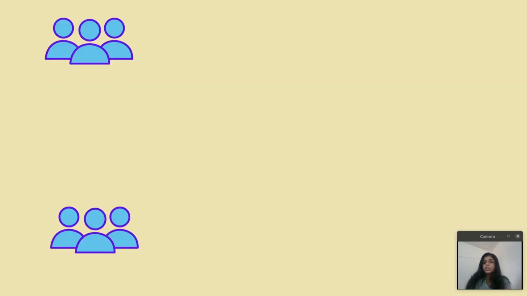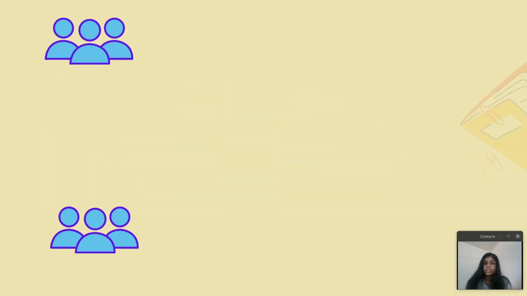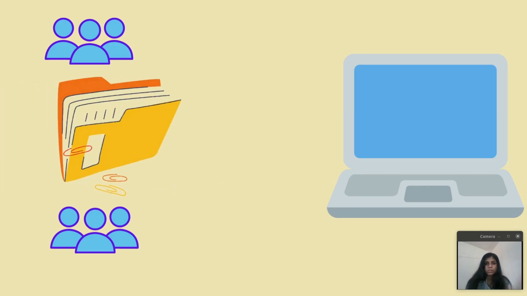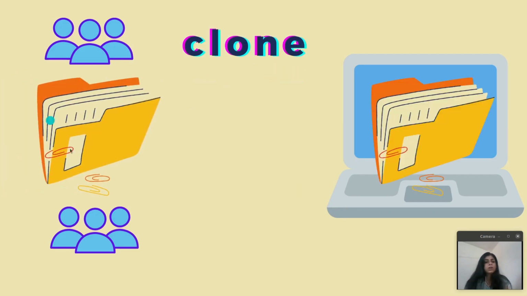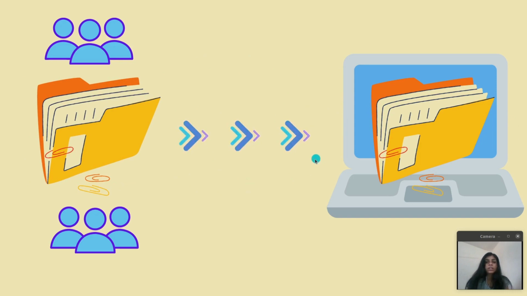This especially comes into play when you work in a team. Each team member needs an exact copy of the repository on their local machine, so that when they make changes, they do not harm the actual code. This is where git clone comes into play. Git clone allows you to create an exact copy of the repository on your local machine. Not only this, git clone also allows you to set up a connection so that you can add, commit, push or pull changes to your repository.